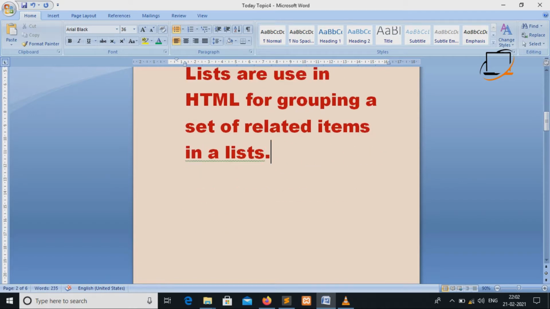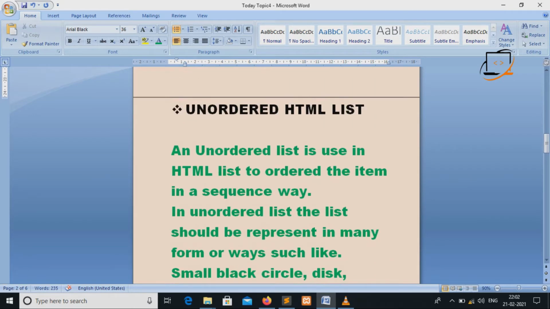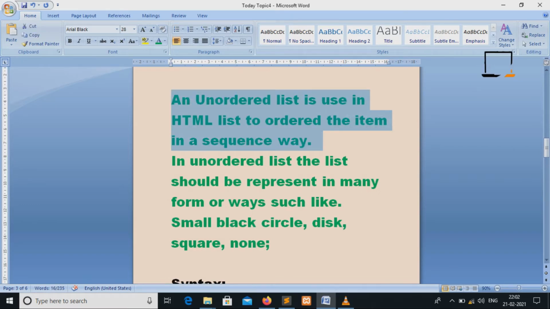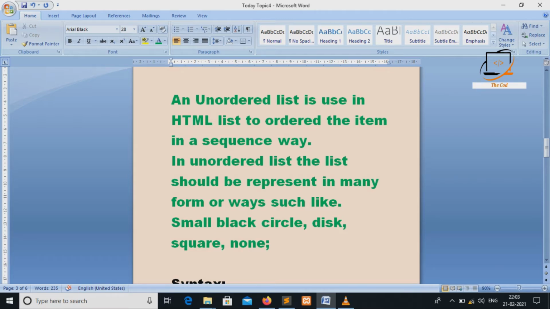First of all we discuss the unordered HTML list. So what is an unordered list? An unordered list is used in HTML to list items. It is the same as an ordered list, but the difference is that the unordered list is represented in a structured way, such as a small black circle, a big square, or none.